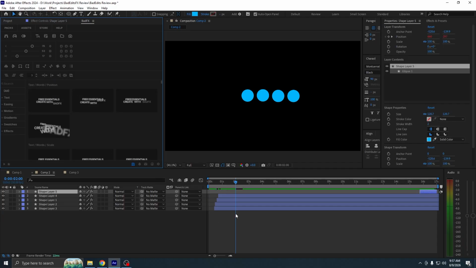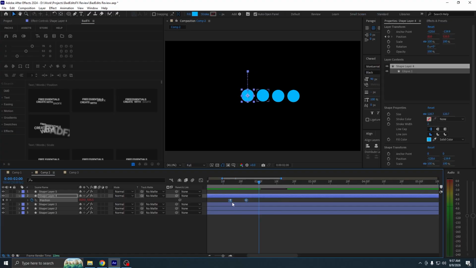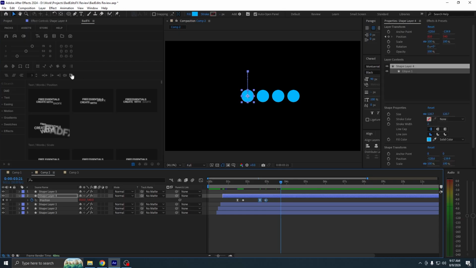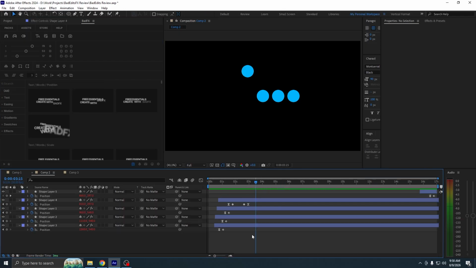This other button right here allows us to duplicate keyframes. Select this, come over here, click on this, it's going to duplicate our keyframes. And then the last but not least is this button right here that just allows you to reverse these keyframes. Now, all of these different buttons allow you to save a lot of time when animating, when creating scenes or building compositions. And besides all of these over here that are mostly focused towards the timeline,